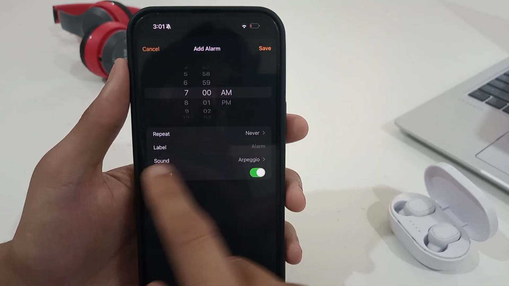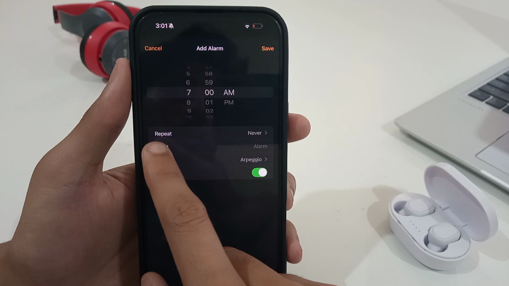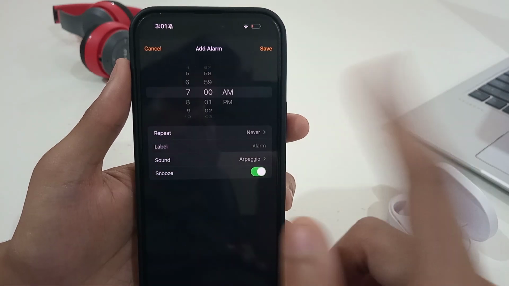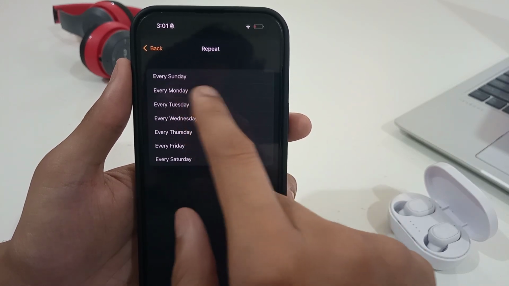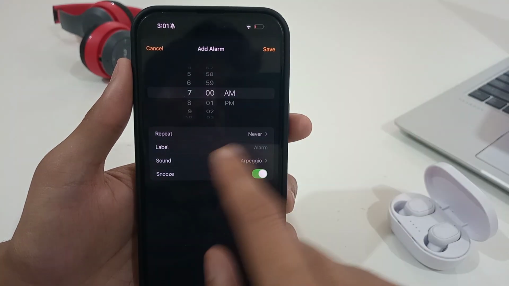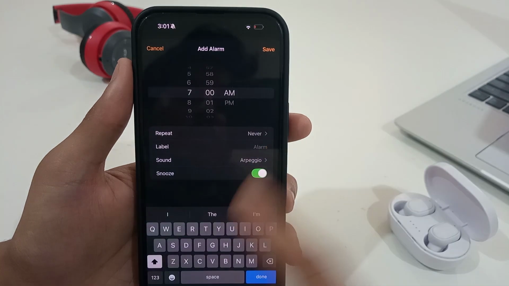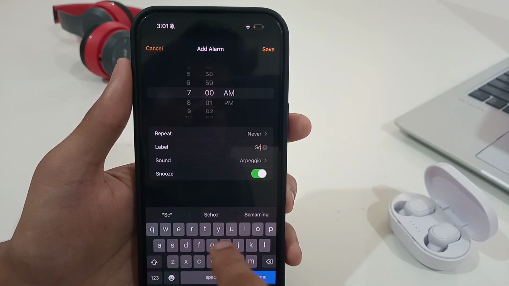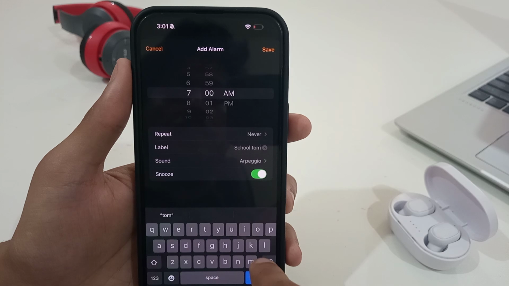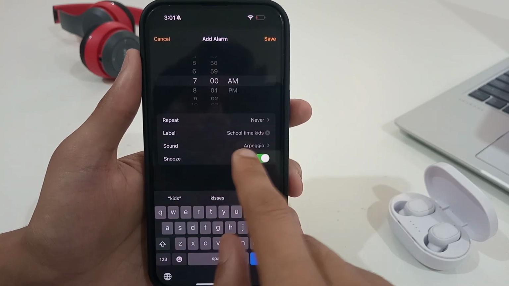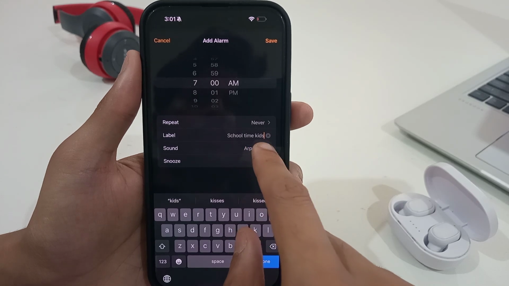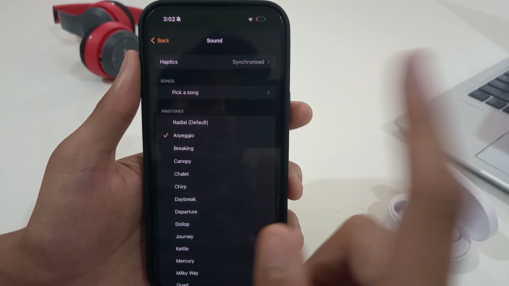Now, for the nature of the alarm, it gives us four options: repeat, label, sound and snooze mode. If I want it to repeat, I have some options here: every Sunday, Monday, or I can select any of the options, or never. I can label this alarm, for example, school time for kids, so it will tell me that it's school time for kids. I also have the option of giving a specific sound to the alarm. In my case, I have selected this one because it's quite loud,